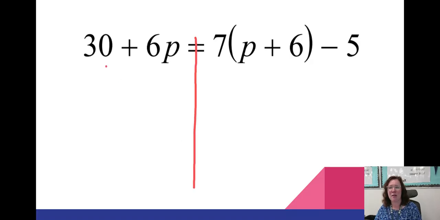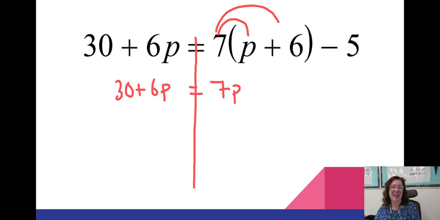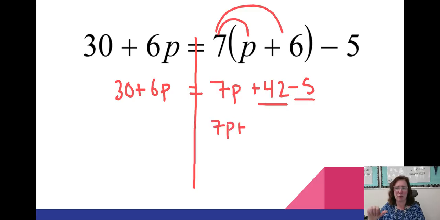Okay. 30 plus 6p, nothing to combine there or distribute or anything. 7 times p is 7p. 7 times a positive 6 is a positive 42. And then we just have minus 5. This is not in the parentheses, so it just stays as minus 5. So now we can combine 42 minus 5 to get 7p plus 42, 41, 40, 39, 38, 37